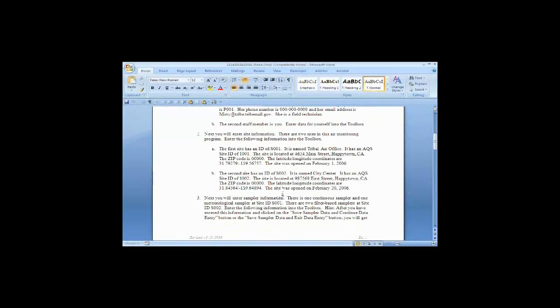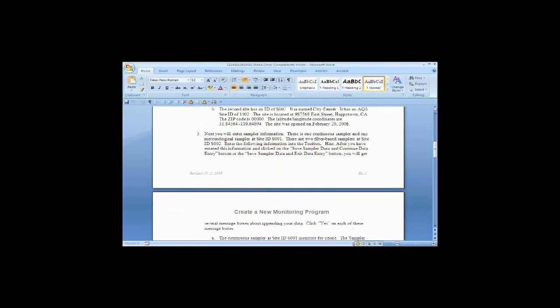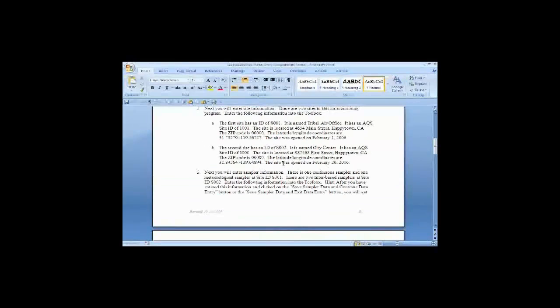Okay, now enter sampler information. One continuous sampler and one met sampler. And then at Site 2, S002, we've got 2 PM 2.5 samplers. Hint, after you've entered this information and clicked on the Save Sampler Data and Continue Data Entry button, you will get several message boxes. Ooh, how exciting. All right, so